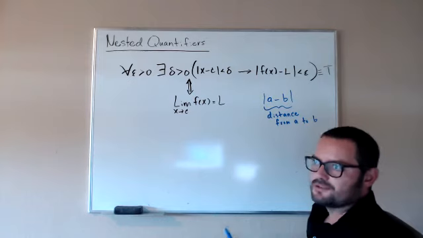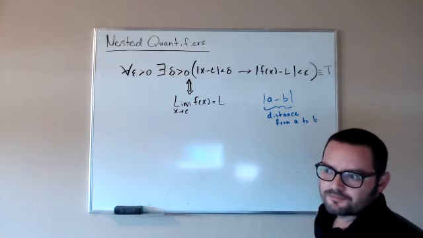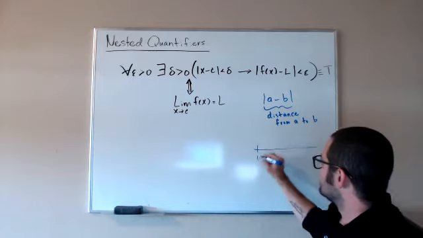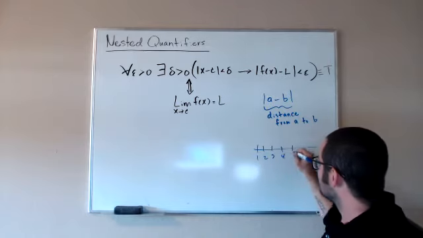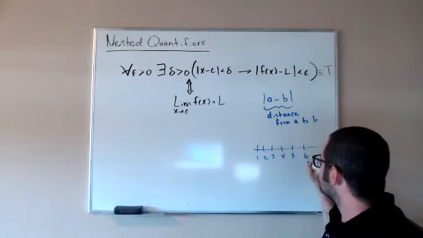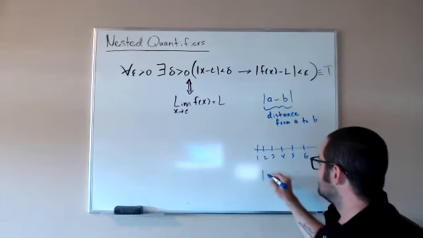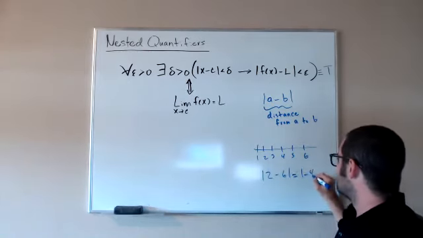So the absolute value of 2 minus 6 is 4, right? On the number line, it's 1, 2, 3, 4, 5, 6. Then the absolute value of 2 minus 6 is the absolute value of minus 4, which